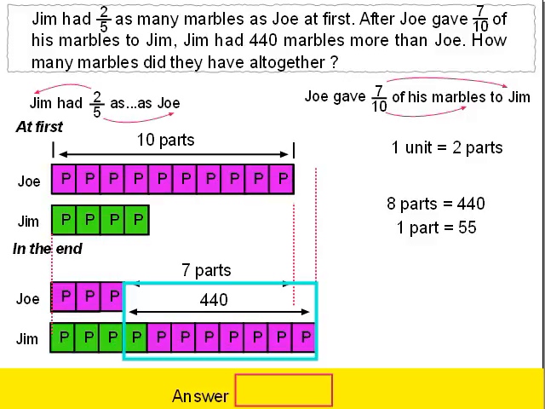Okay, so they had a total of 14 parts, which is equal to 55 multiplied by 14, as 1 part is equal to 55. That gives us the number of 770. So the answer is, okay, they had a total of